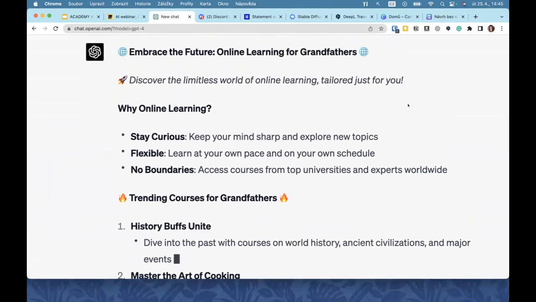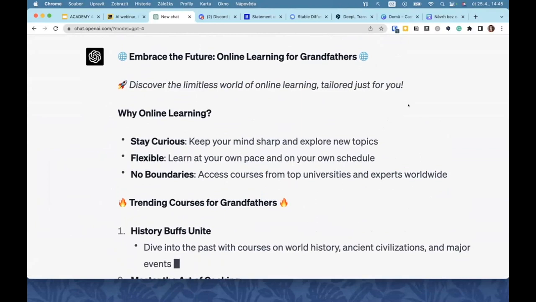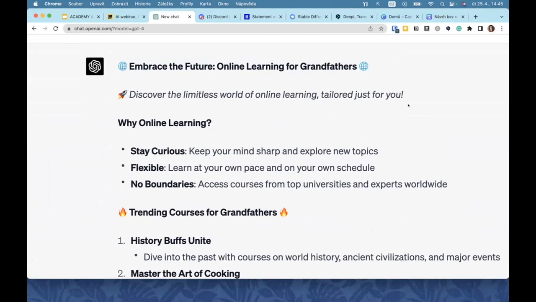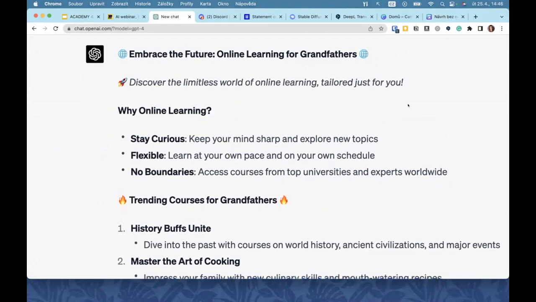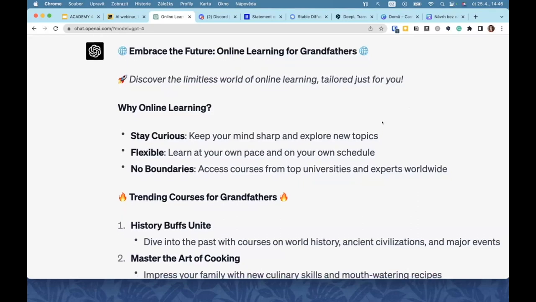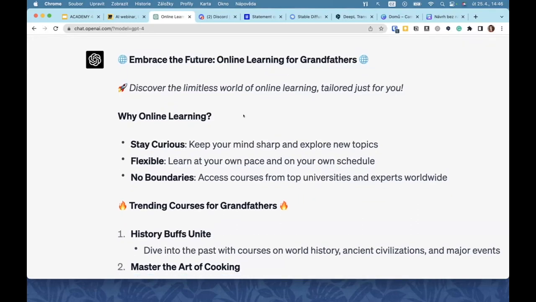Still, she does it because I asked her to create some LinkedIn post, and she knows that emojis work. So she uses it. We can see that she is really autonomous. So she created a nice LinkedIn post for grandfathers.